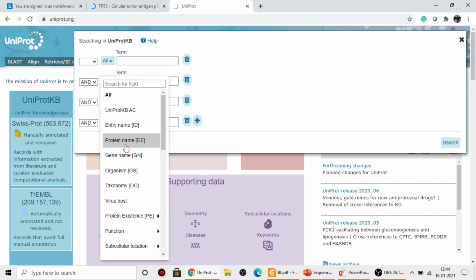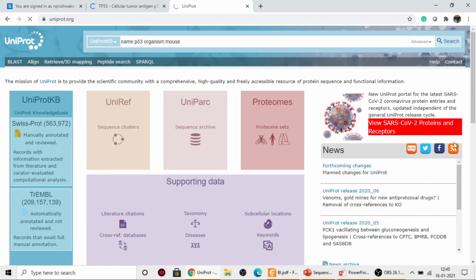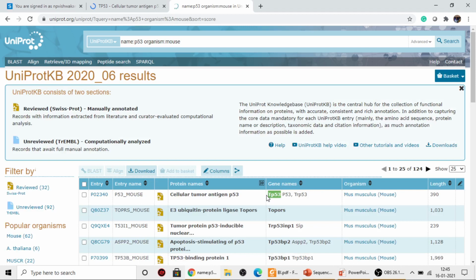Here I can select the protein name and the organism as mouse. Now click on search. Here I got TP53, the name of the gene is TP53 and the name of the protein is P53, this is the mouse, and the length of this protein is 390.